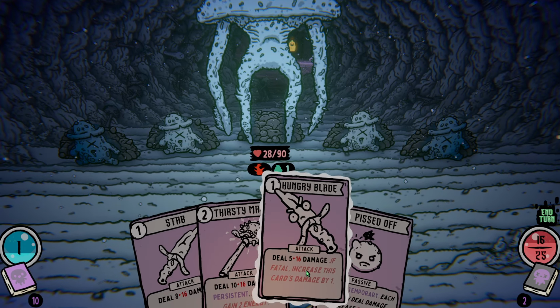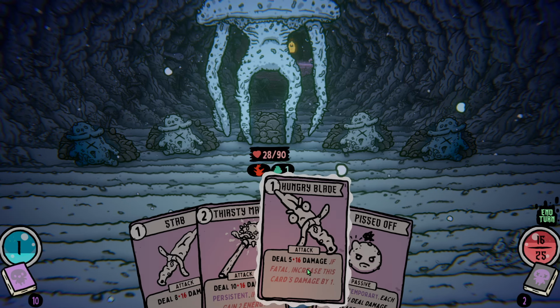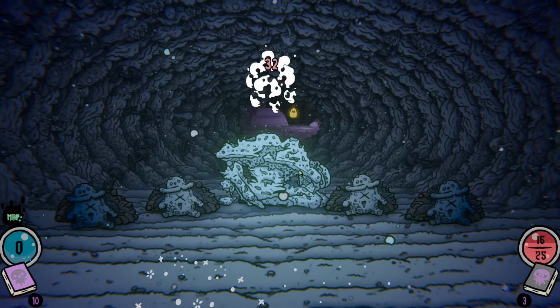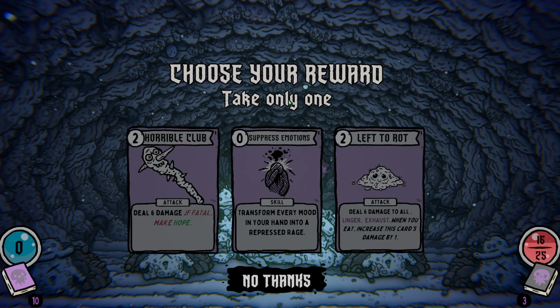Okay, hang on, can I kill them with the Hungry Blade then? That's 21, plus vulnerability, that's 30, that'll do it. Hungry Blade takes out the enemy turn 1. Choose your reward. Ooh. There's a horrible club that looks like